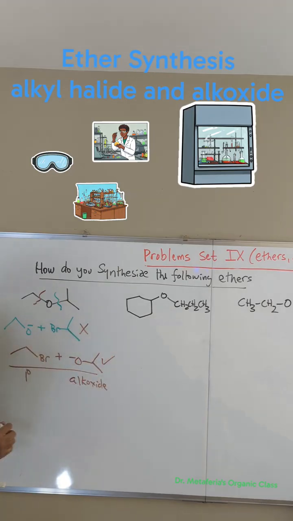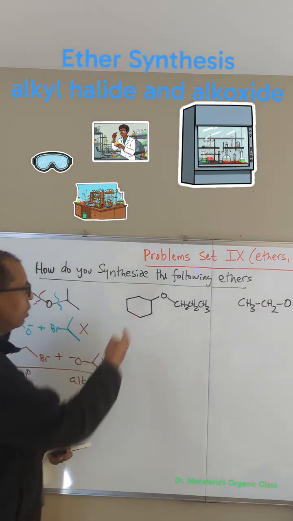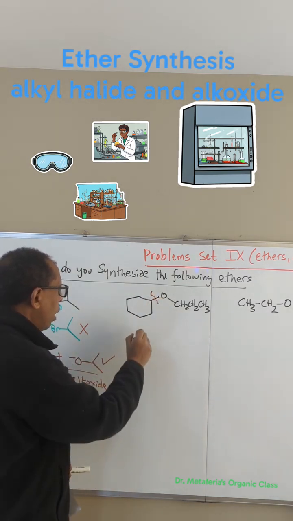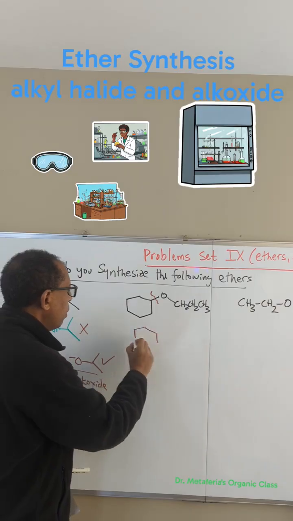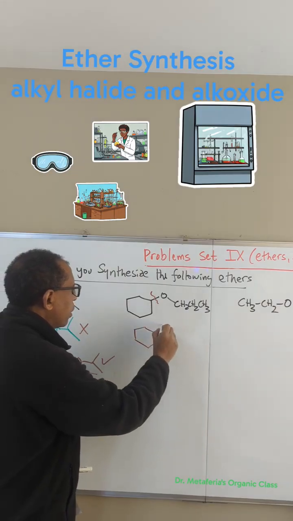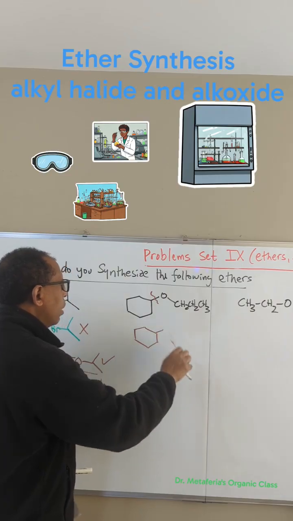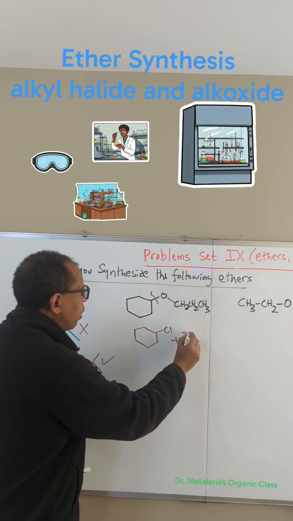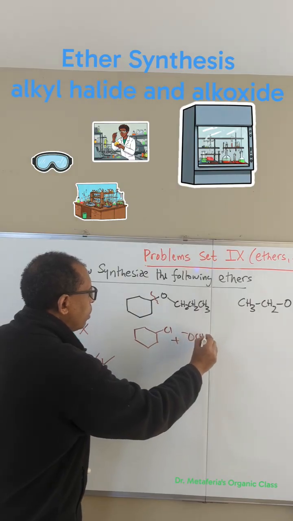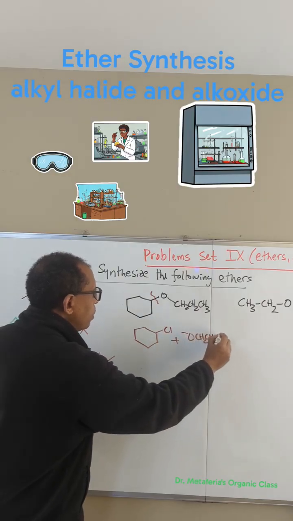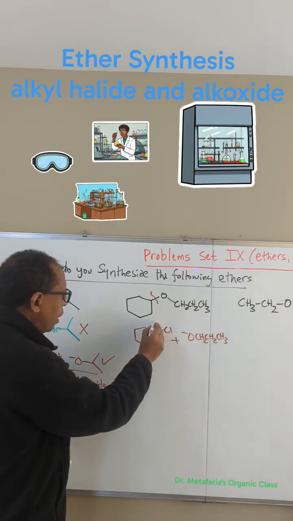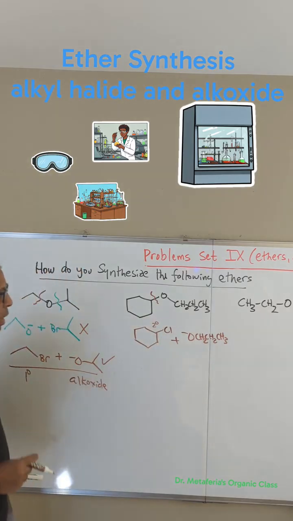This is favorable. For example, in this one, let me cut right there, and by cutting it right there I would get, for example, the chloride, let's use a chloride alkyl halide, plus the alkoxide would be the propyl alkoxide. Here I'm creating a secondary alkyl halide, but I have a chance